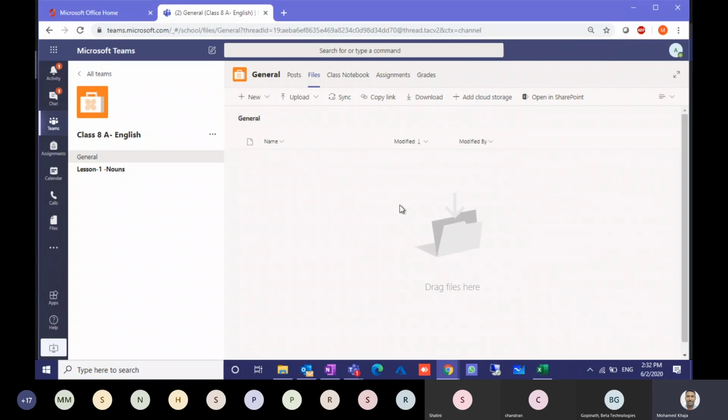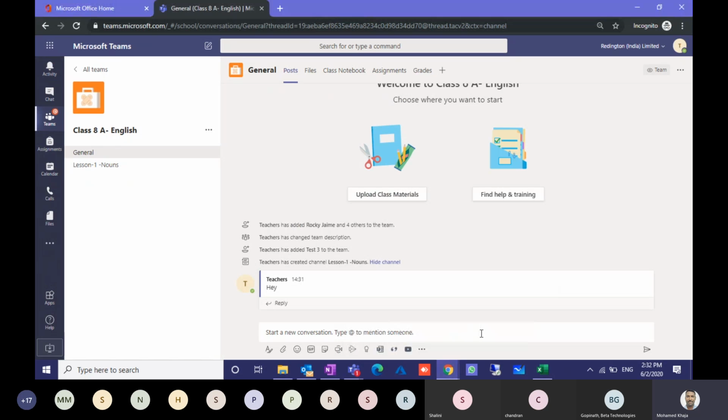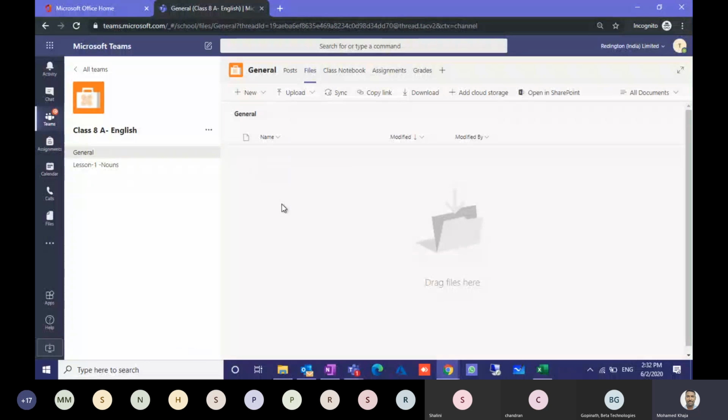The class material is nothing but a folder that is predefined when you create a team. The functionality of the class material is that you can put all the data into it so that it will not be edited by the user, that is, the student. Students cannot edit the class material. They can only read the documents that you have shared.